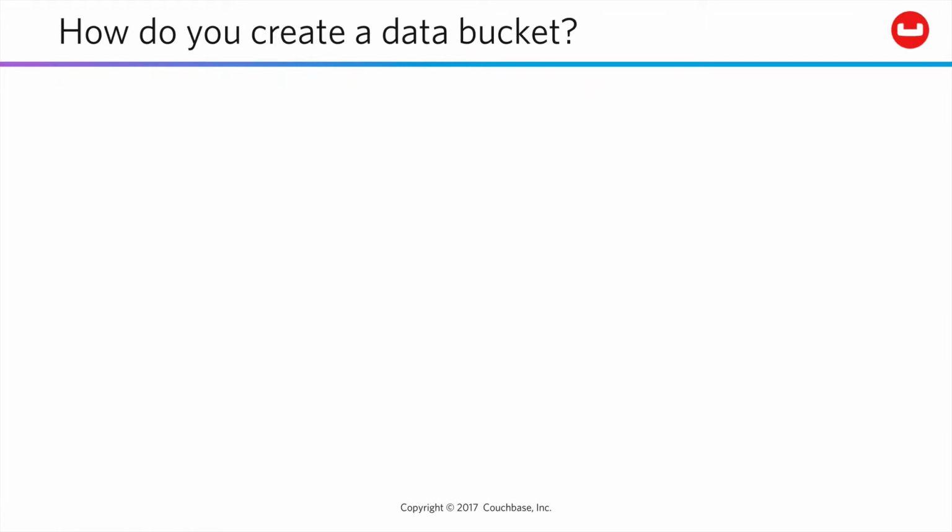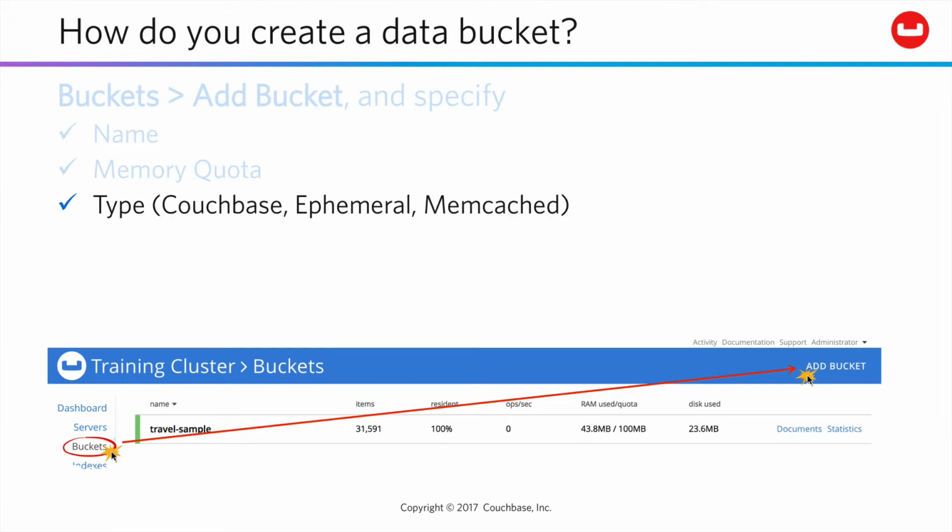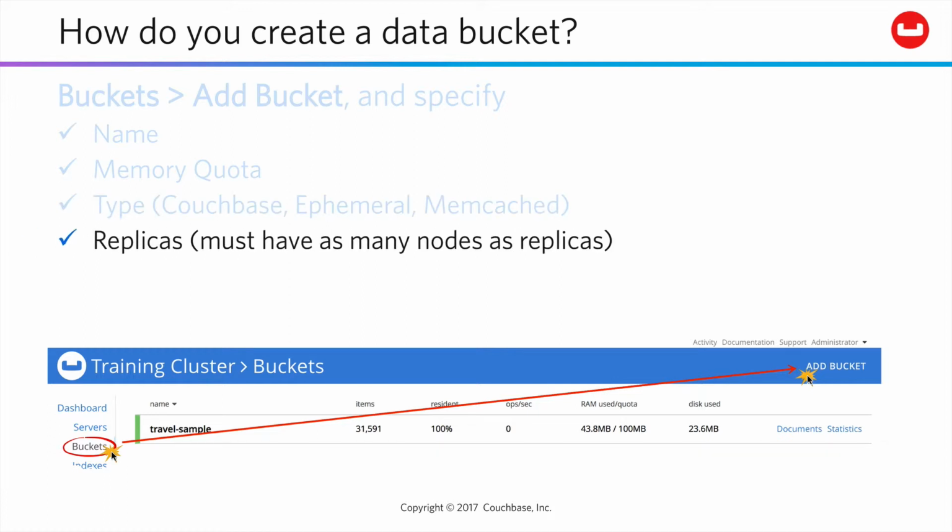Now, adding a bucket to Couchbase is easy. Just click Add Bucket, then specify the name, the per-node memory quota, the type, whether this is a persisted Couchbase bucket, a non-persisted in-memory ephemeral bucket, or a more limited cache. Then you'll set your replica count, up to 3 replicas per document, remembering that replicas never reside on the same node as their active document. So you must have as many or more nodes in your cluster as your chosen replica count. In this course, we're working with a 1-node cluster, so you'll see that we have you disable replicas in the